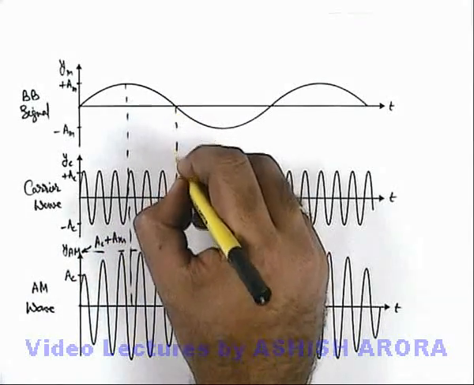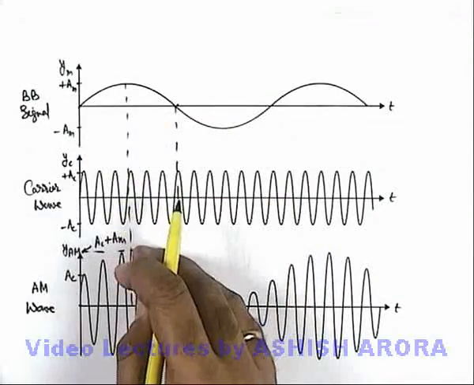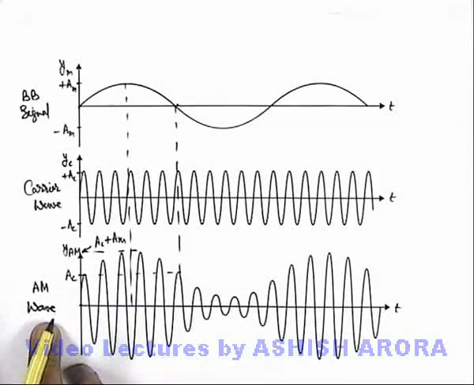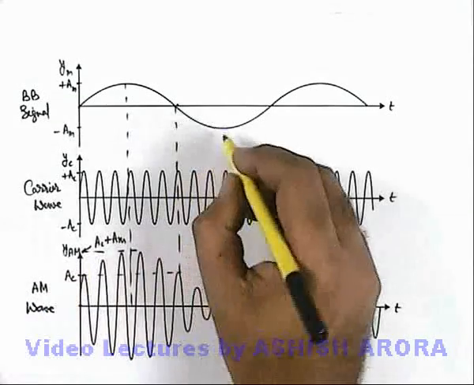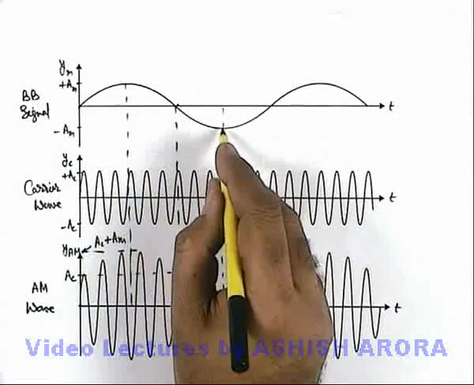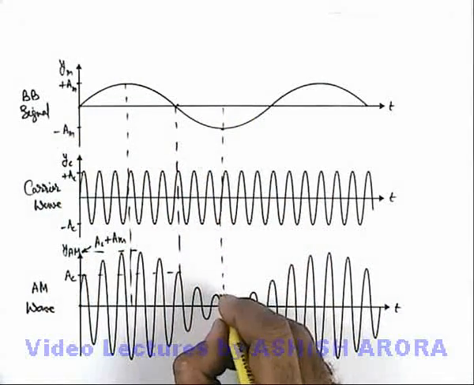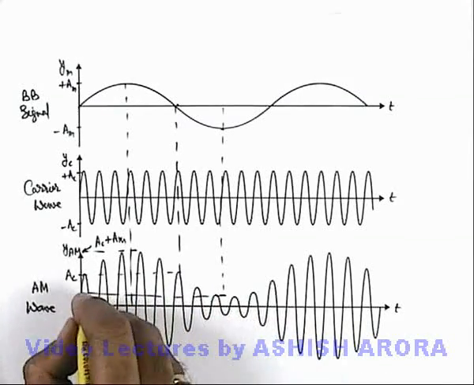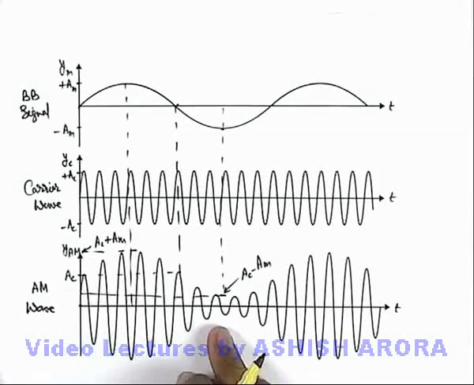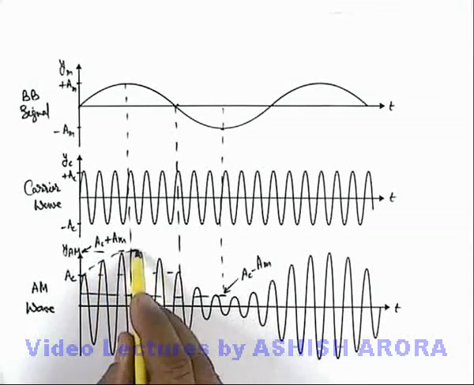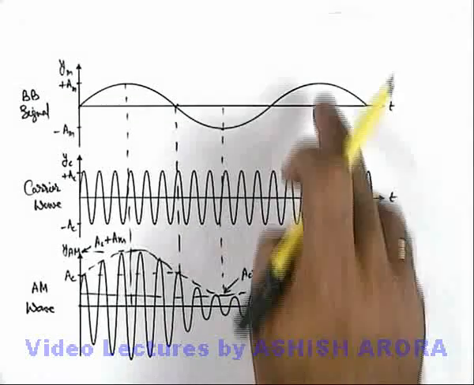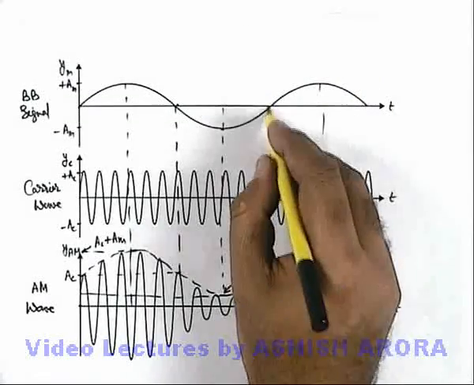Similarly, the point where you can see the displacement of the baseband signal is becoming 0, again the amplitude of oscillation in the modulated wave will be at AC. And at the point of time where the baseband signal displacement is minimum at minus AM, here you can see the oscillation amplitude will be AC minus AM. So in this situation, if we just draw the envelope of this amplitude modulated wave, here you can see this envelope is an exact replica of the baseband signal.